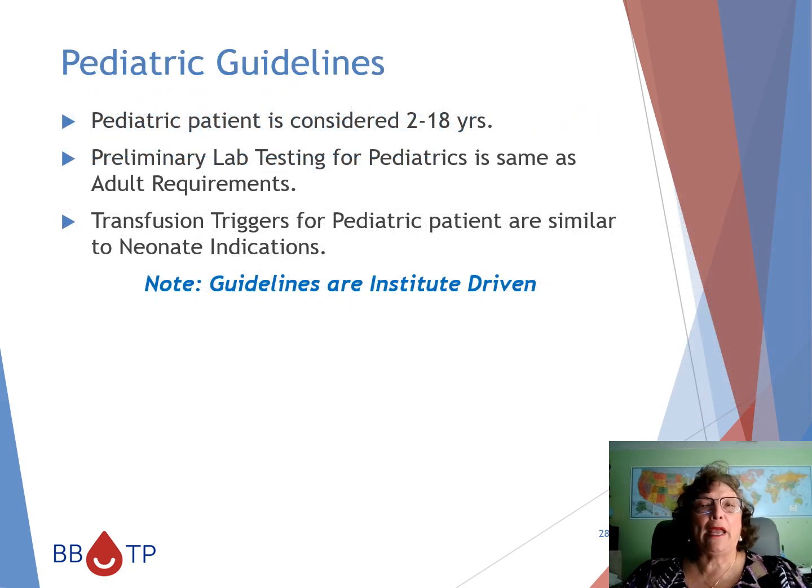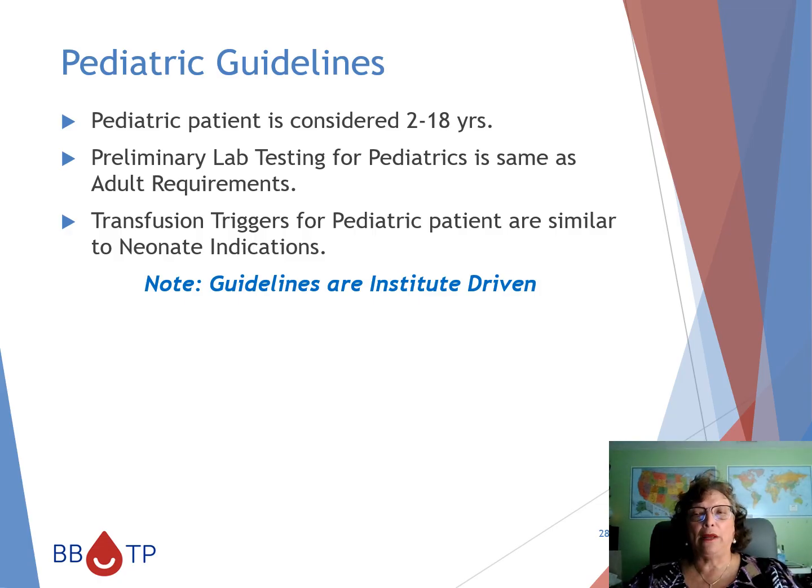And with regards to pediatric guidelines, the pediatric patient is considered a 2 to 18-year-old. And again, this is very dependent upon, you have to consider the size, because some 18-year-olds are large, they could be considered an adult. Some 18-year-olds would be more like a young teen. So you have to go back and look at the actual weight involved and the size of the patient. So the preliminary lab testing for pediatrics is the same as adult requirements, and your transfusion triggers for pediatric patients are very similar to the neonate indications. Again,